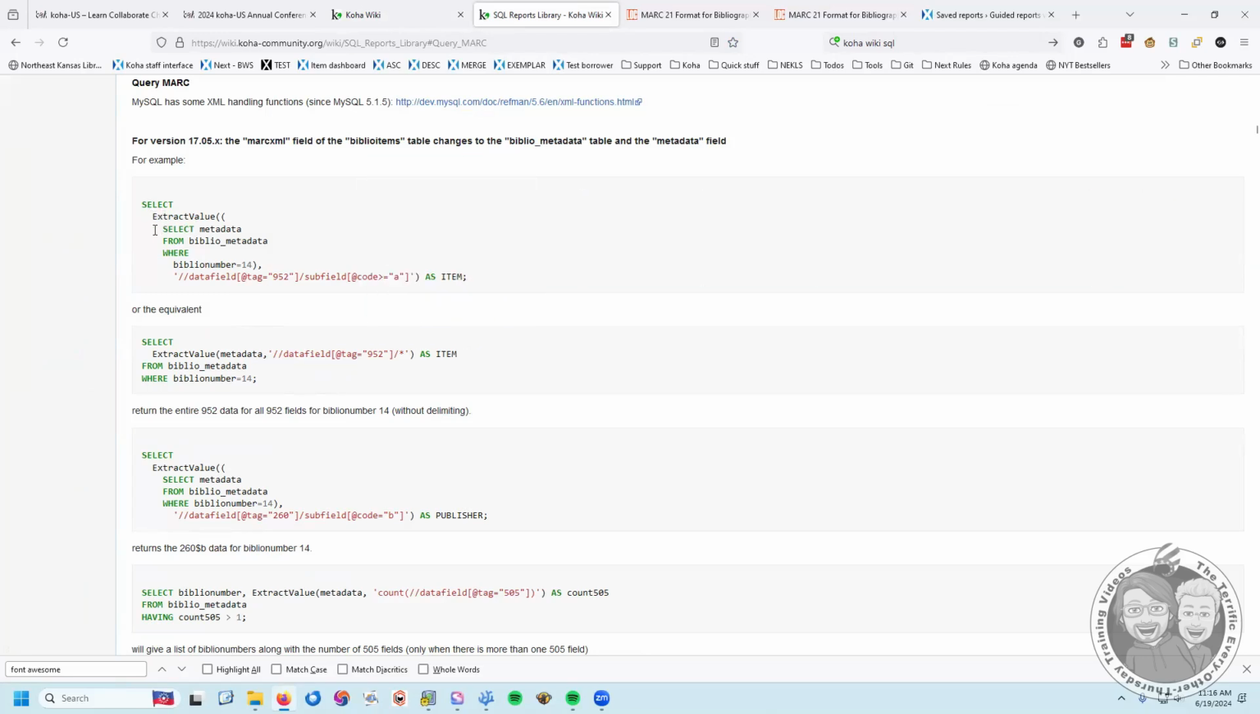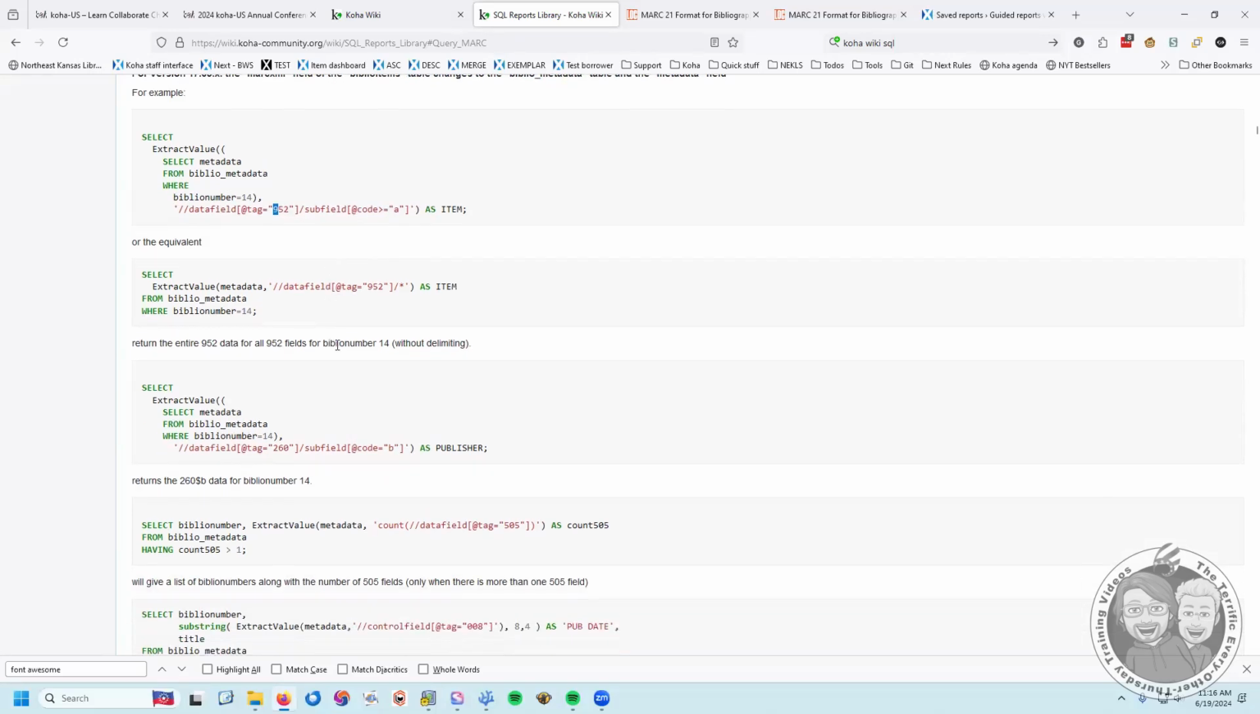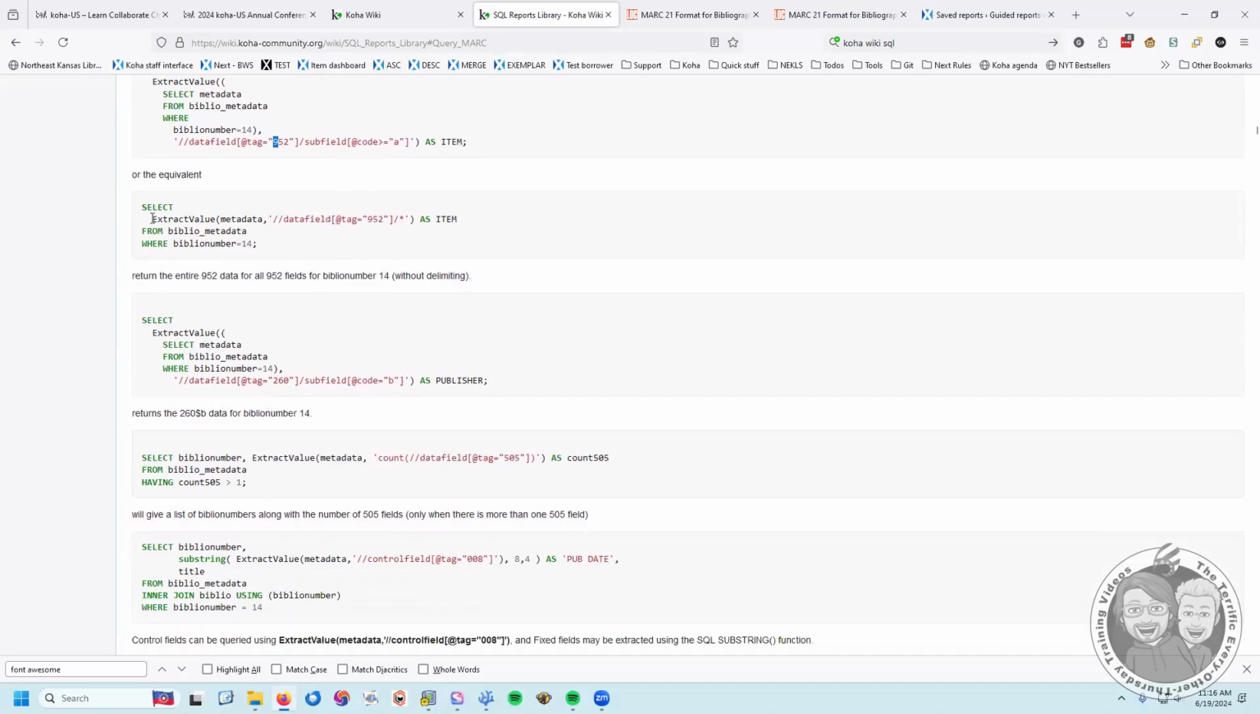This one is extract value, select metadata from biblio_metadata where biblionumber equals 14. And then this is the part that gets the data out of MARC, and it's saying data field 952 subfield code A. The method I almost always use is this one, which is select extract value metadata, and then it's got the MARC field here. And this one is extracting the whole 952 because it's got a slash asterisk, so it's pulling all the data